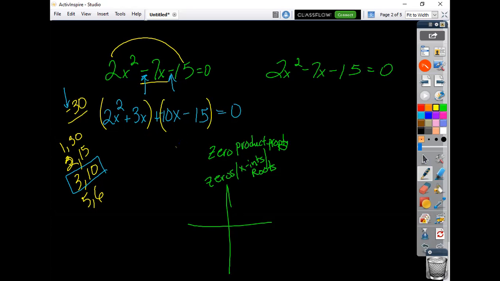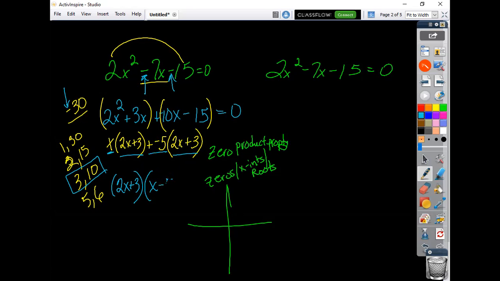Then you group them together and you factor out common factors. So in this first one, the only thing they have as a common factor is the x. And in the second one, we want to get a 2x plus 3. So if I want this to be a positive 2x right here, I'm going to take out a negative 5. So negative 5 times what makes a negative 10? 2 and the x, and factor out a negative 5 from the negative 15. Positive 3. Then this factoring by grouping method says, if you notice here, these two are the same. So we're going to factor that out, leaving the x and this plus a negative 5, or minus 5